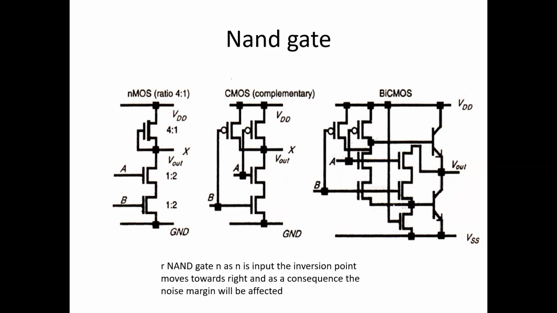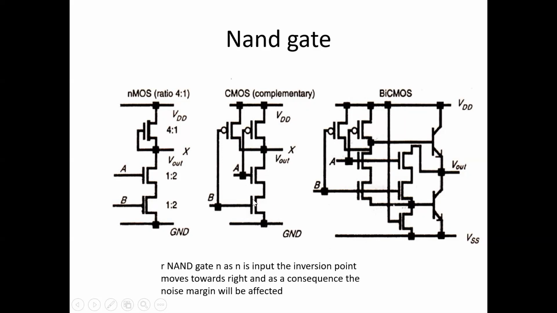And the fall time will be more due to the series resistors, because we have the 2 series NMOS transistors here. While discharging, or while fall time means the output has to discharge, it has to go through these 2, and the resistance will be more here, so it will affect the fall time of the